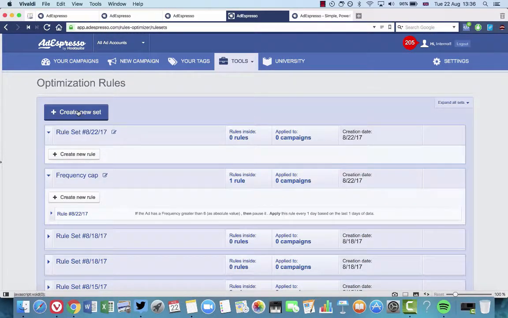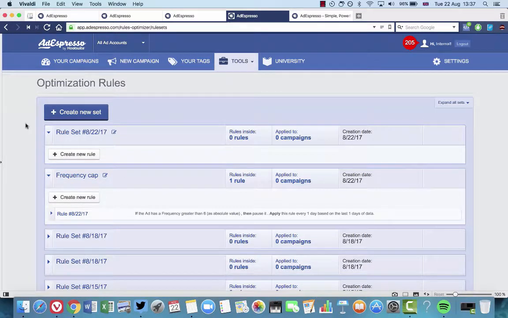So the next thing that we could do is a pausing rule. For example, maybe we just want to pause a particular ad if the CPA, our cost per purchase, gets too high. The great thing about these rules is they're very good if you combine them with that human touch. You can create very complex rules, but generally what I like to do is